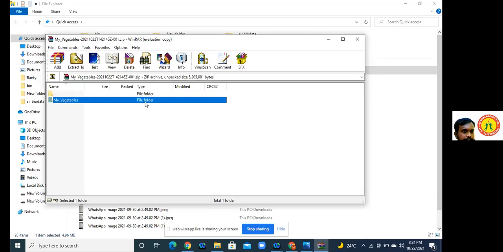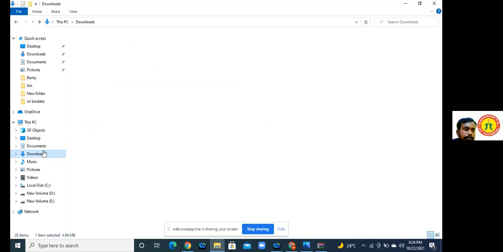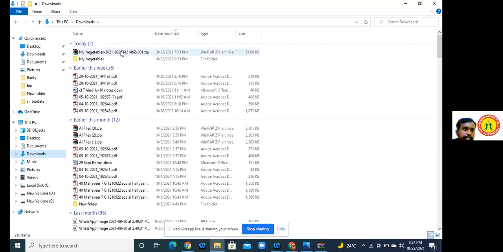Copy, Control C, and paste it, and create one coding folder. Students, everyone create one folder for coding, as the coding course, and copy all the files inside that coding folder. You can make it on the desktop or any other folder. It's already downloaded, it's already there in the downloads.